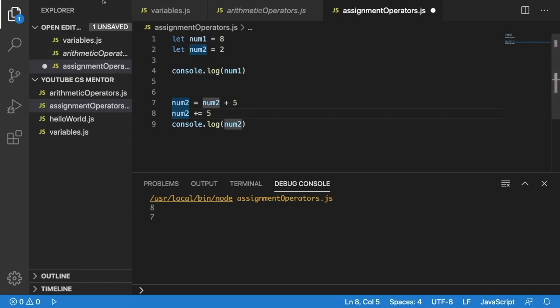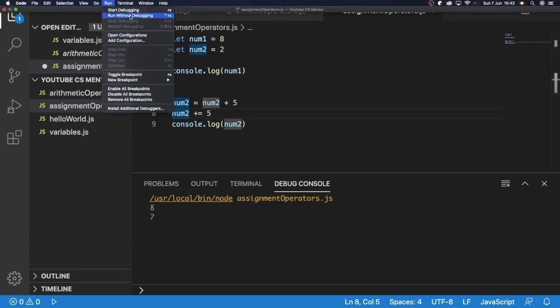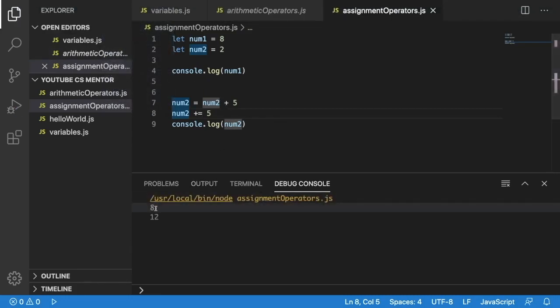So if we go and just run this to see our output, we can see our output is 8 and 12. So now I hope you've got a grasp on the basic idea of these operators. Now I'm going to run through some of the other operators that we can use quickly, because they're quite similar. So let's get rid of all this code for a minute,